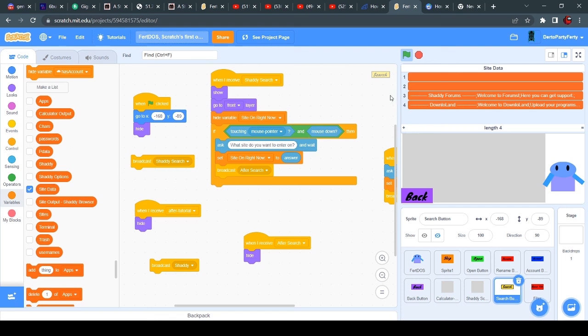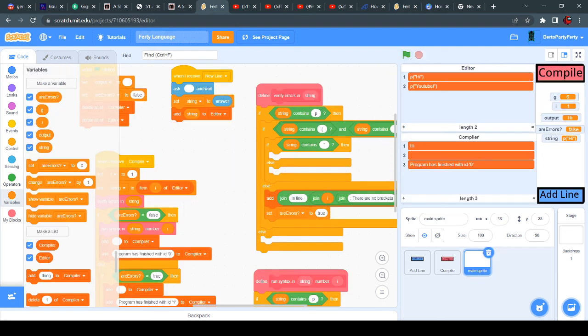So it's like Shady forums, the first line, and every line has this symbol to get to the next line, so we know the end of the line. We didn't add any code here, but I wanted to show you all